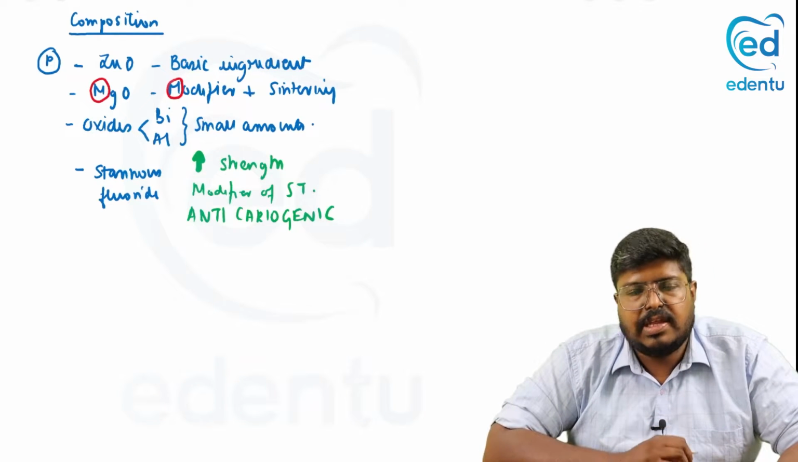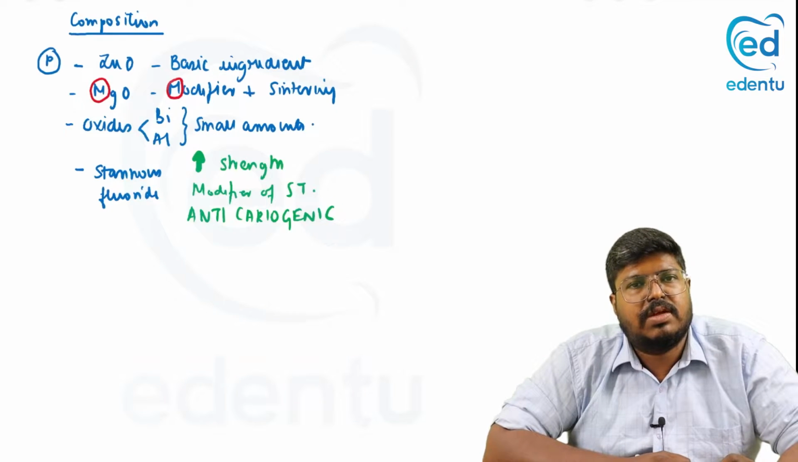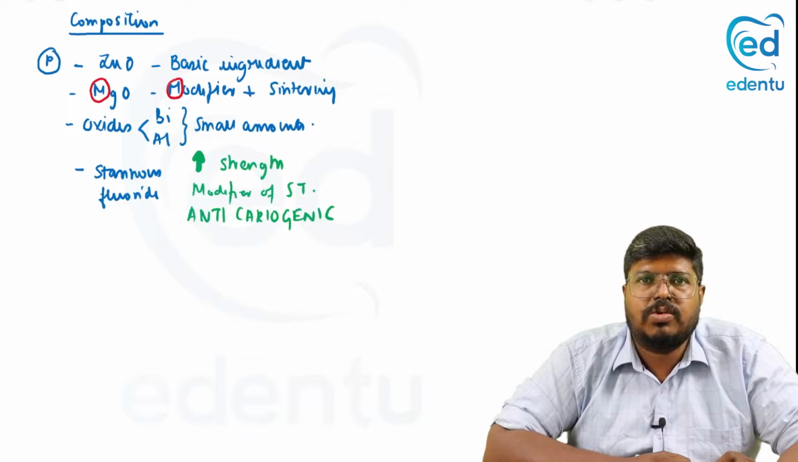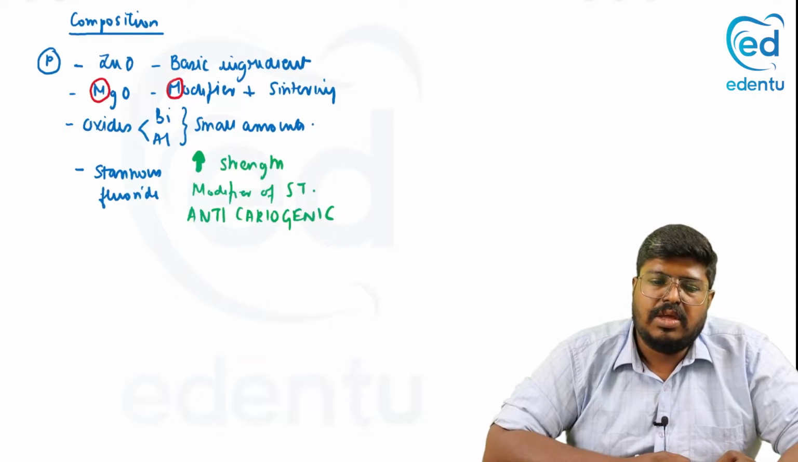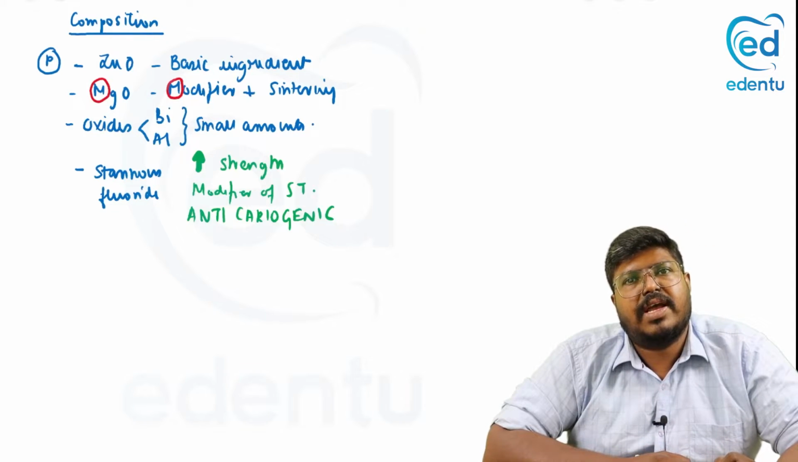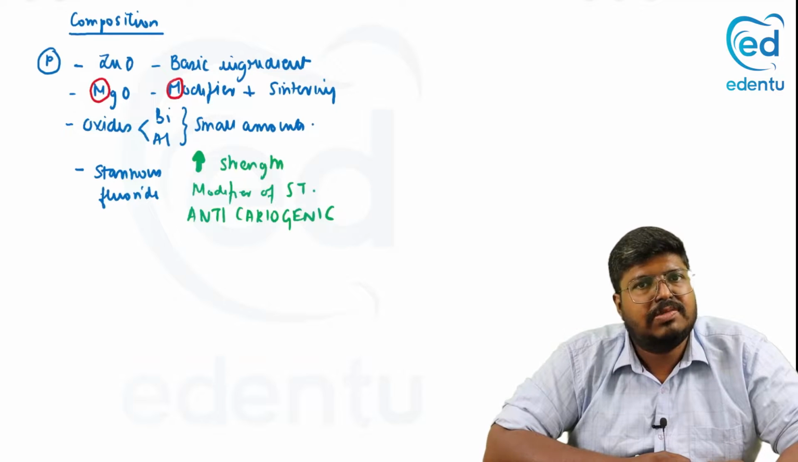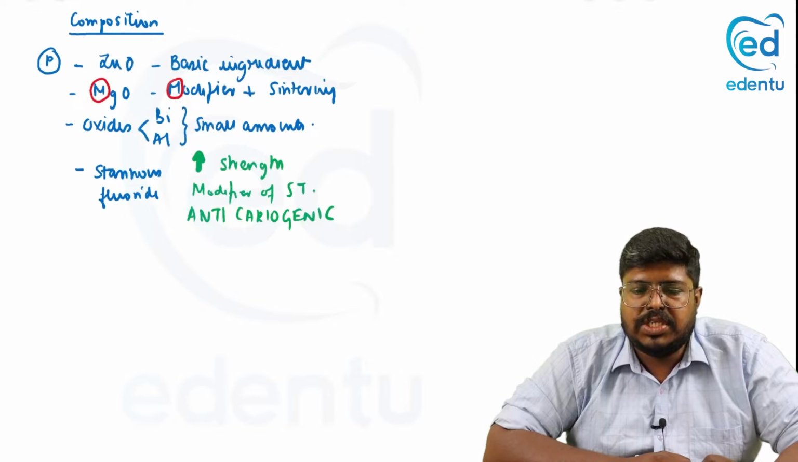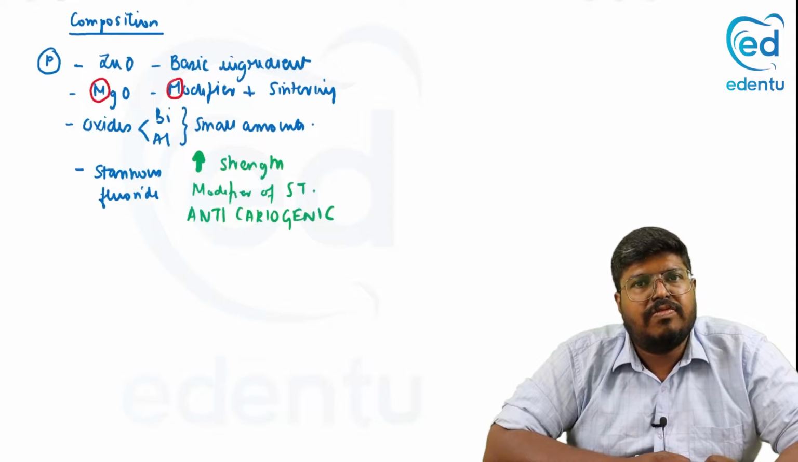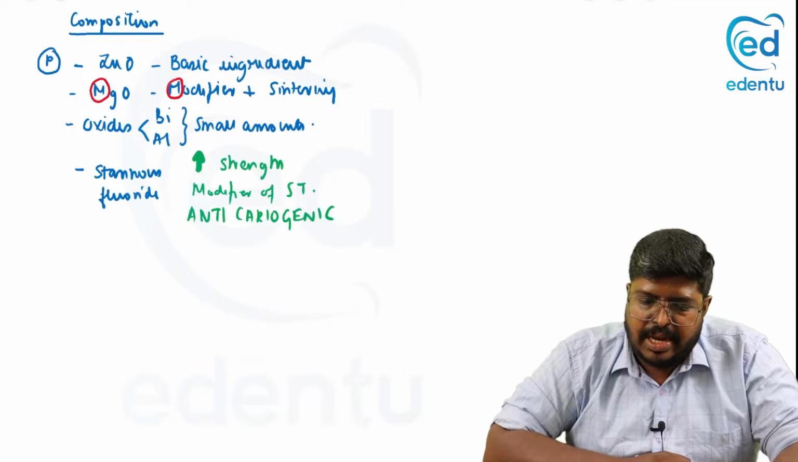Right. So these are the powdered components. Zinc oxide, which is the basic ingredient, magnesium oxide, which is the principal modifier, also helping in aiding sintering. The oxides of bismuth and aluminium, which were added in small amounts to support these particular elements. The most important revolutionary element is stannous fluoride, which increased the strength, modified the setting time, and also gave the traditional